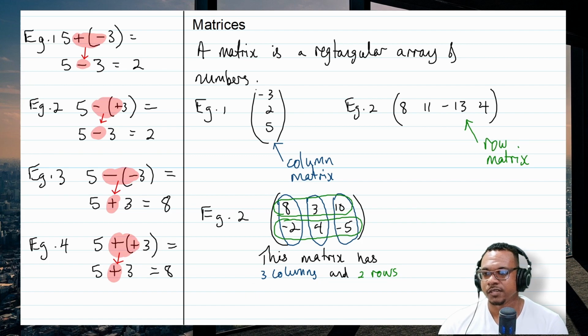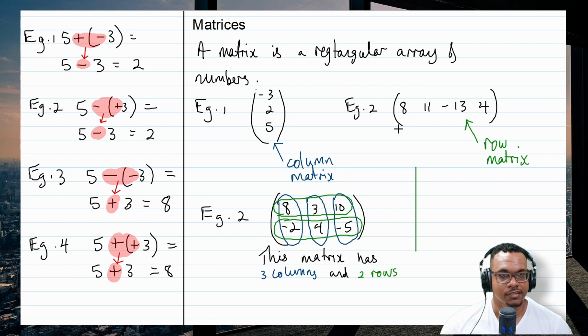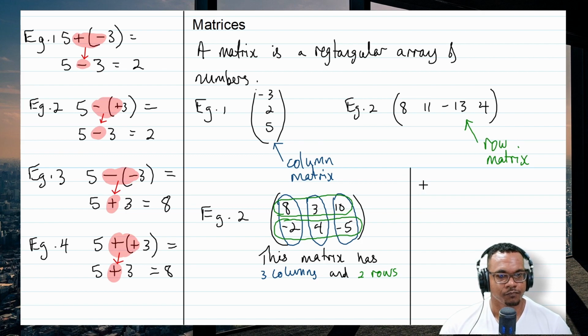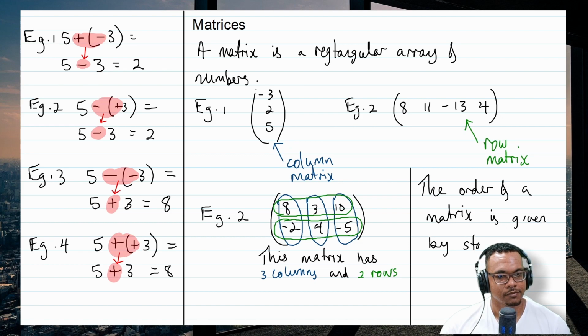Now let's put a note here. Some little definitions: 1, 2. Not difficult to understand so far. Columns come down, rows go across. So the order of a matrix is given by stating,